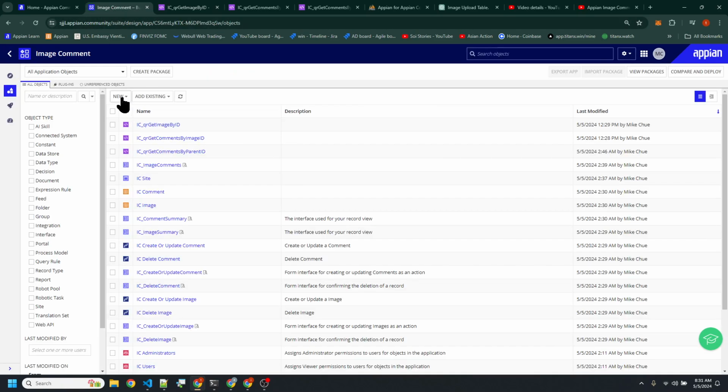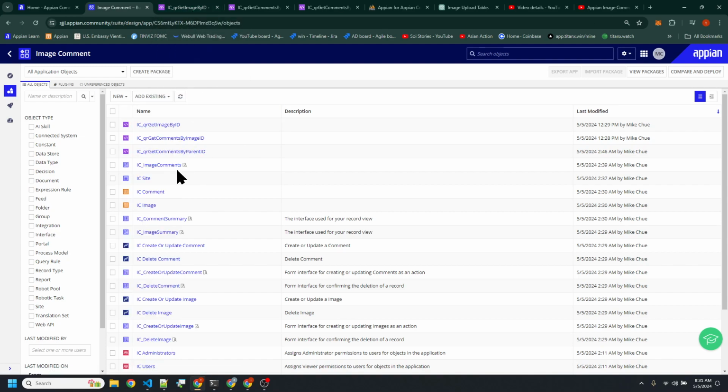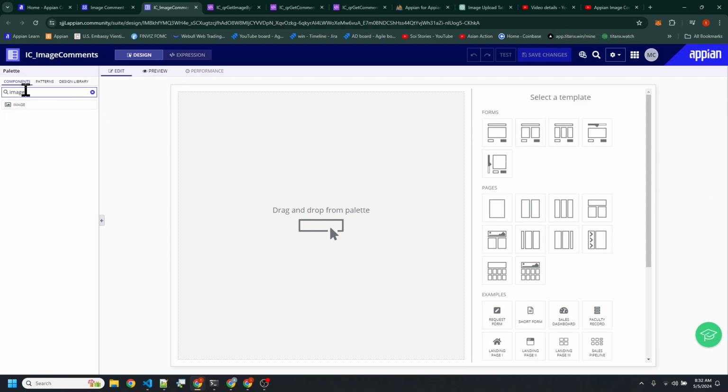What we want to do now is pull all images. Well, actually, I think for now we can deal with one image. So we're gonna open up this interface that I created. I see image comments here. And what I'm gonna do is just say image.